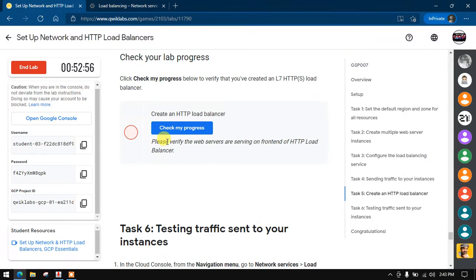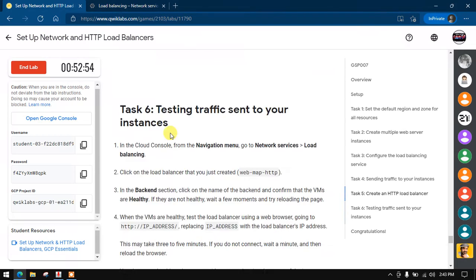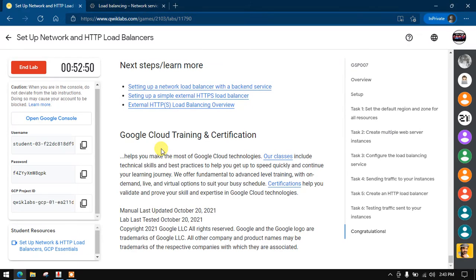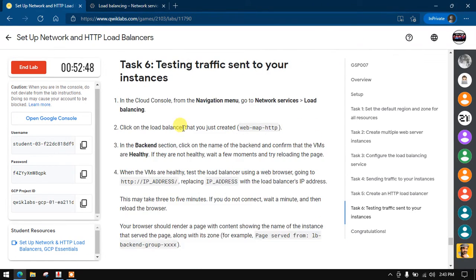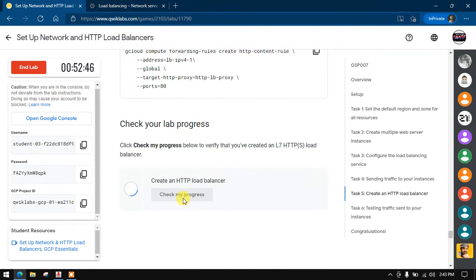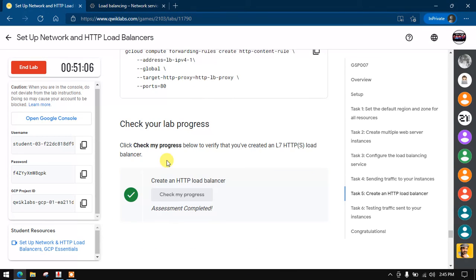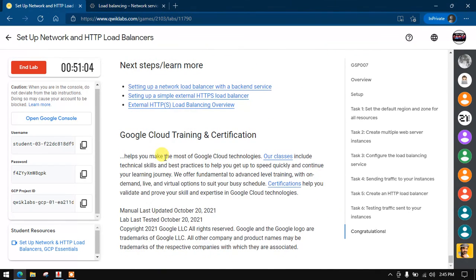So I don't know how long it will take, but let's wait. After just a few minutes, 1 to 2 minutes, it is checked green. So we have completed this lab.